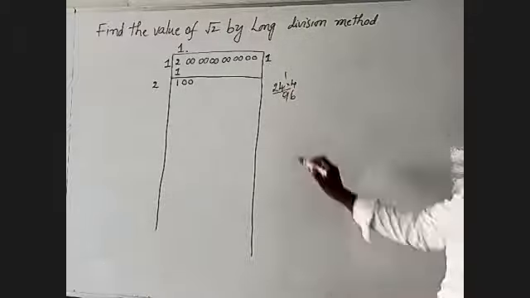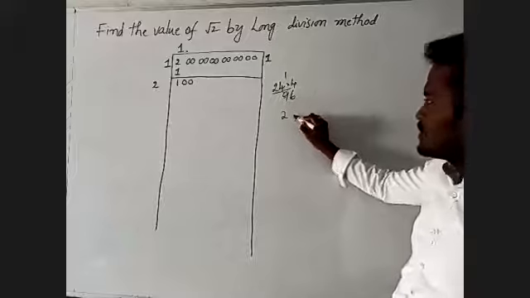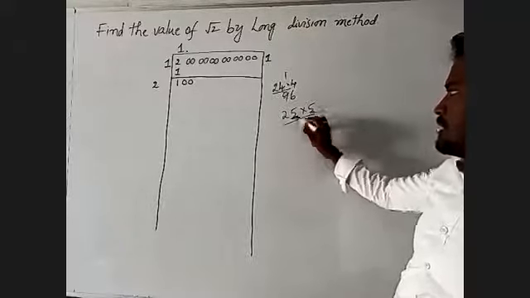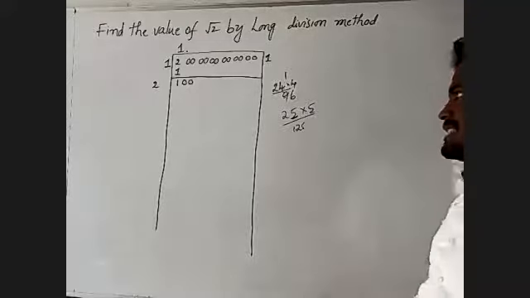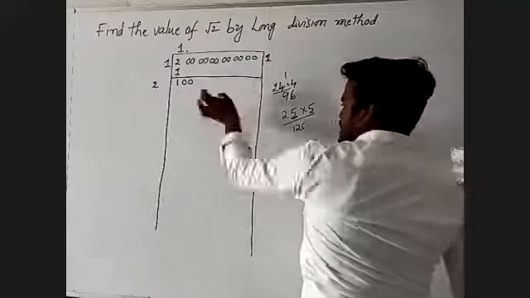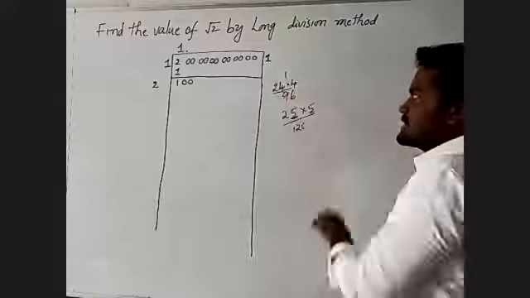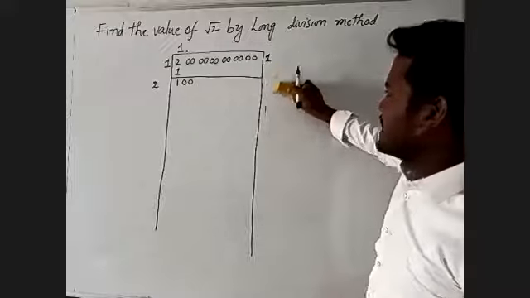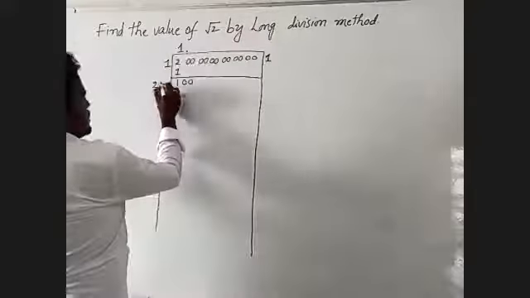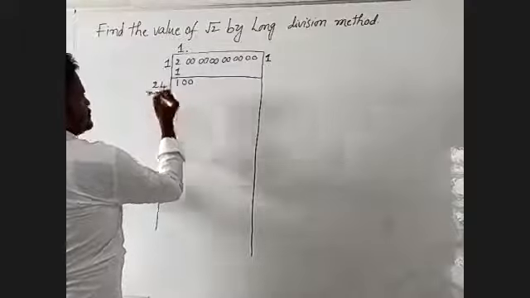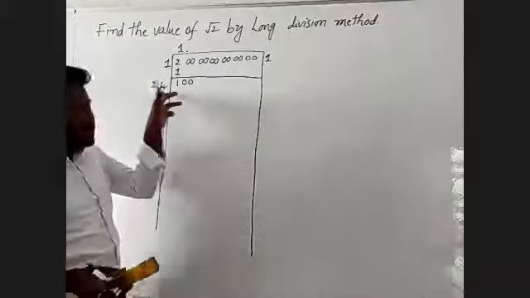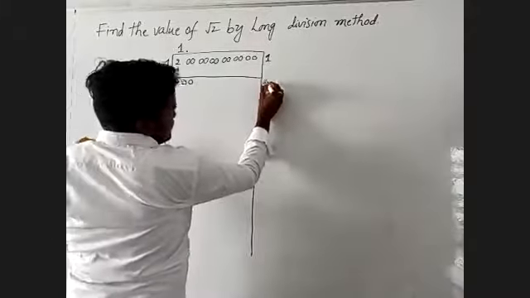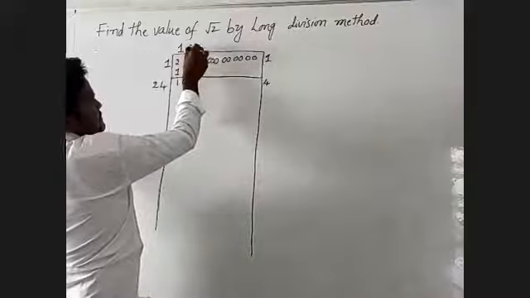96. 25. Here we have to take the units digit, it must be 5. Here it is multiplied by 5. 25 into 5 is 125. Here the given value is only 100. We cannot take 125. It satisfies only for 4. That I have to take 4. Here the given place, I have to take 4. Here the units place becomes 4, meaning it can multiply by only 4. That I have to take in this place.